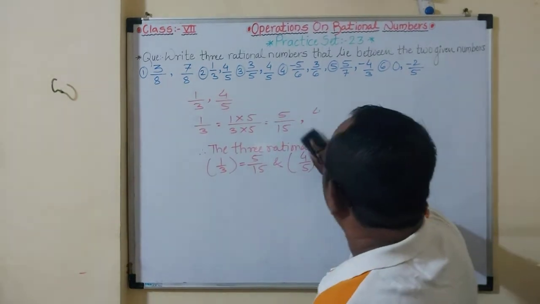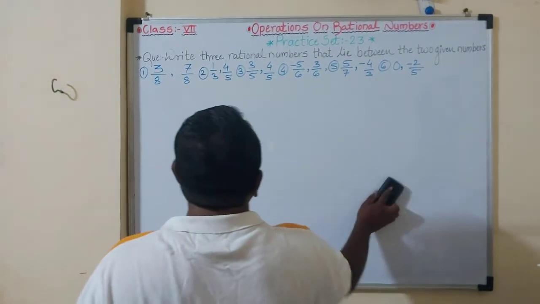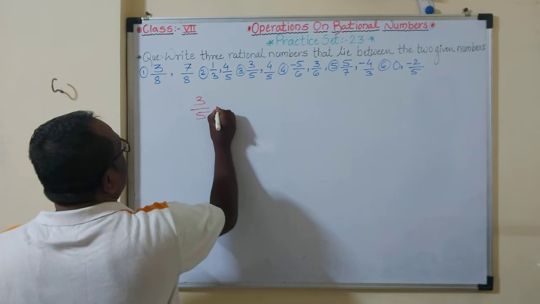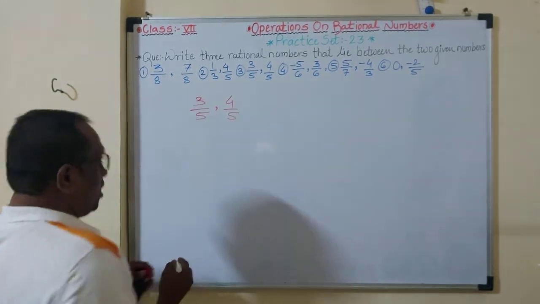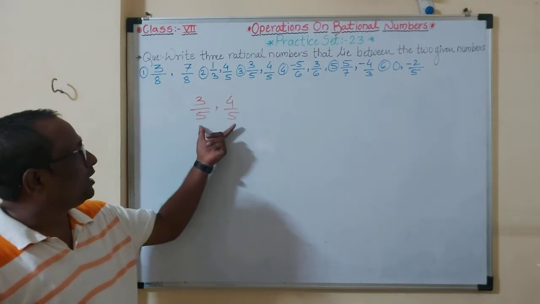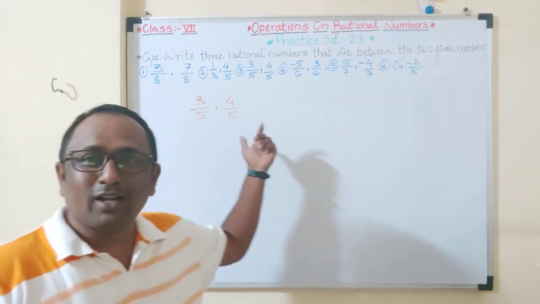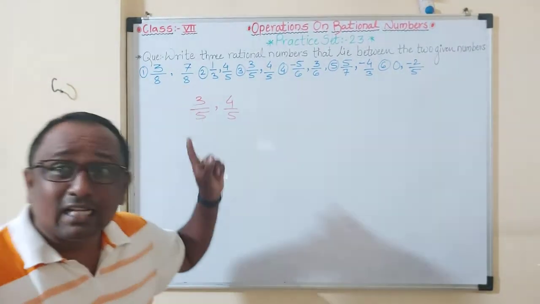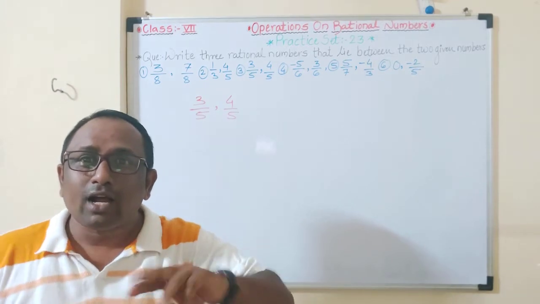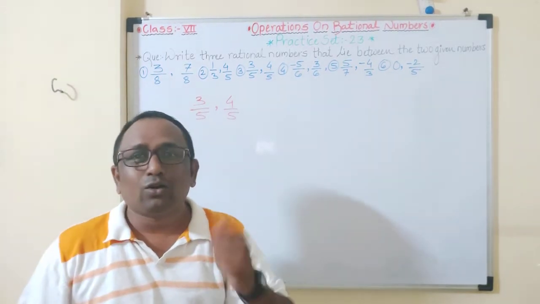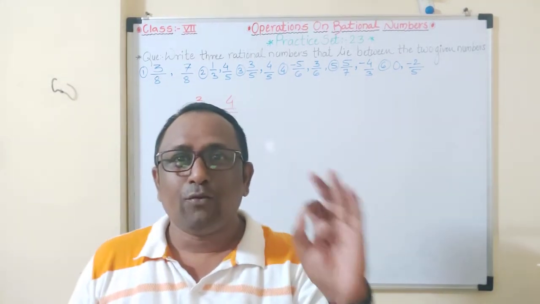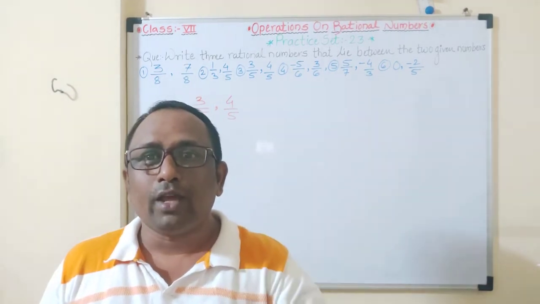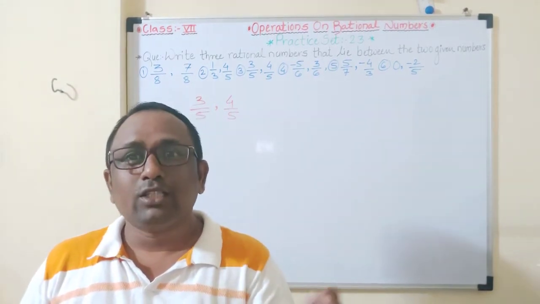Now students, we will solve the next one, that is the third example. Third example, 3 upon 5 and 4 upon 5. Now see students, in this example, no need to convert, the denominator is same, 5. But these are consecutive fractions, means 3 and after that 4 is there immediately. Then how can you write 3 rational numbers? Because 3 upon 5 then immediately 4 upon 5, means these are consecutive rational numbers or consecutive fractions.